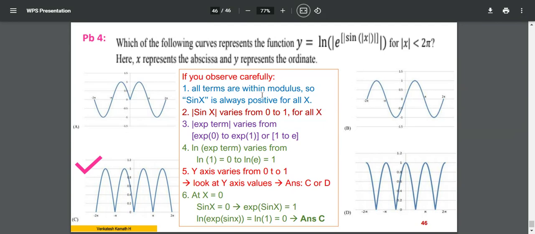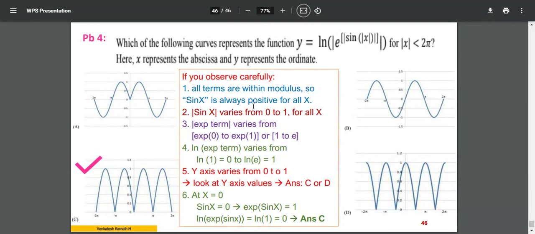There is a systematic way I have done one analysis. The point here is I do not know how to solve this problem, so I plot the graph. Then I think of this. There is a modulus. When I say modulus, there must be something to do with positives and negatives for the answer. This is what I meant by strategic planning. When you look at certain things in the question and look at the graph comparatively, there should be something related. So all the terms are within modulus.